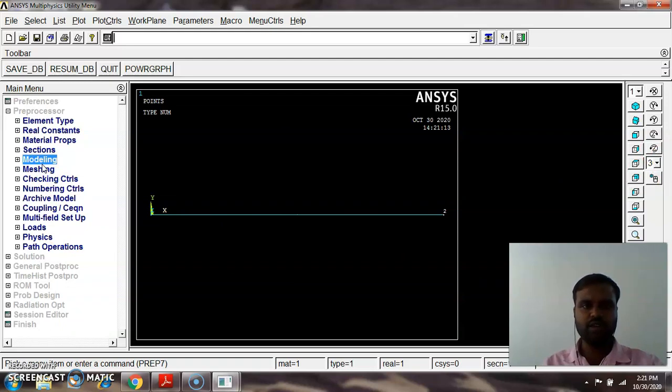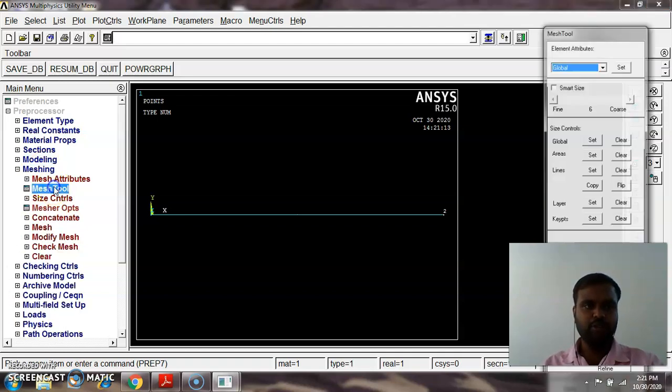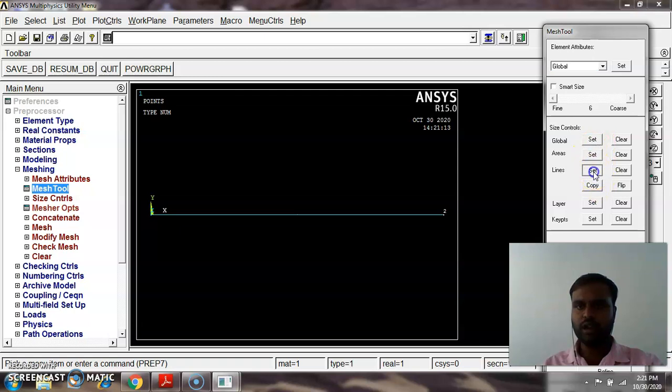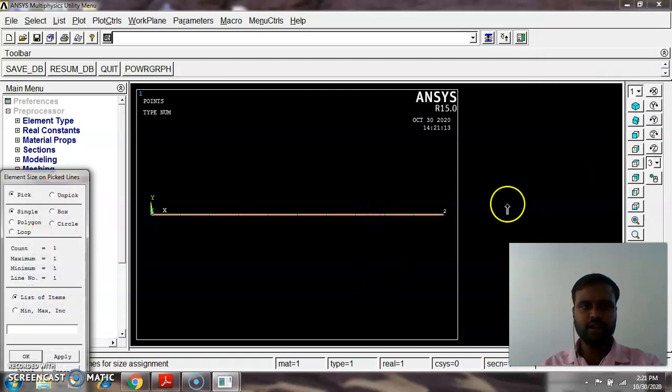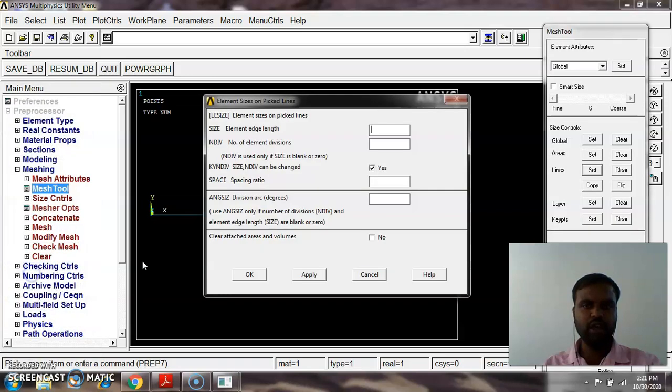Meshing: we have to convert the CAD model into a finite element model by discretization of elements. Right, meshing, Mesh Tool, Lines, Set, give OK. Number of divisions: you can have a number of divisions for the particular line, so we can give 50.